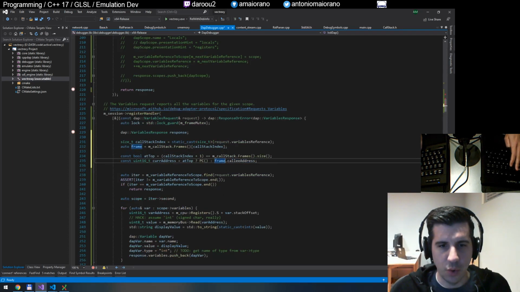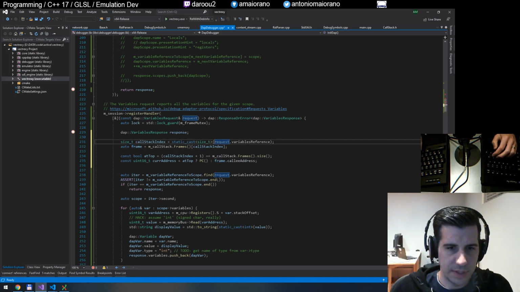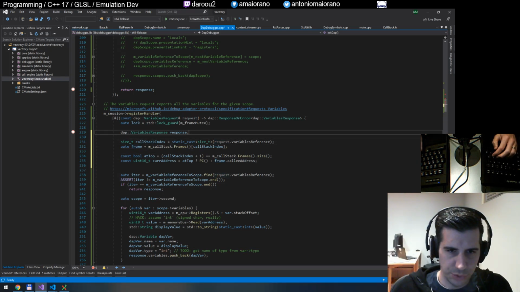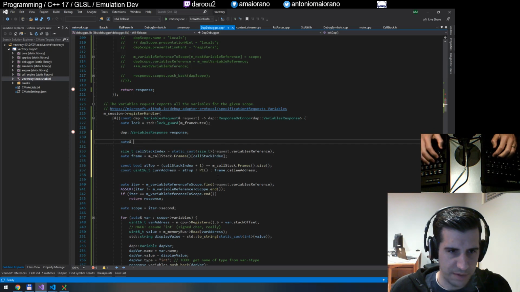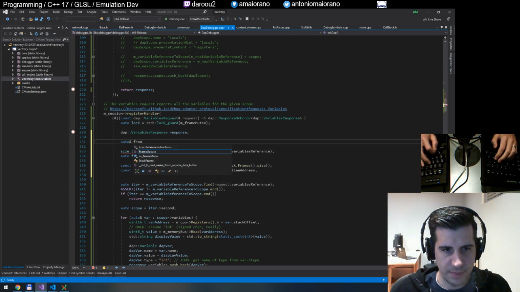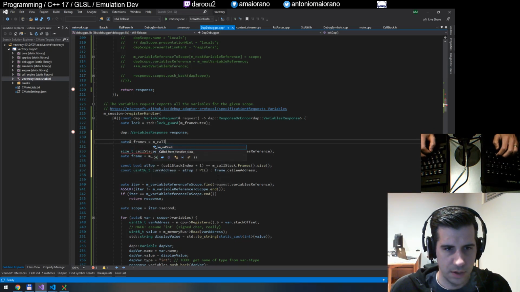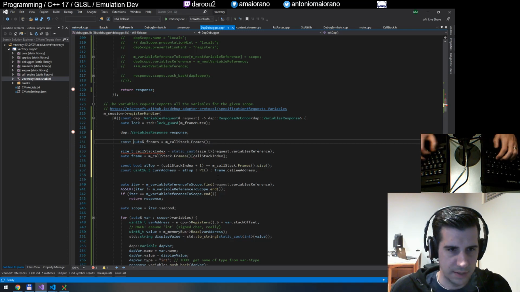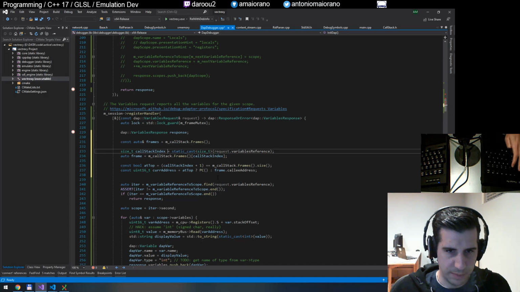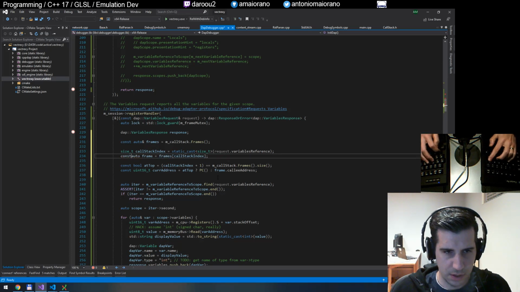Right, not quite right. Let me do this a little bit better. So I'm going to auto ref frames because I'm going to need to access them. I can const that. So I've got the frames. Current frame is this. But what we want to know,